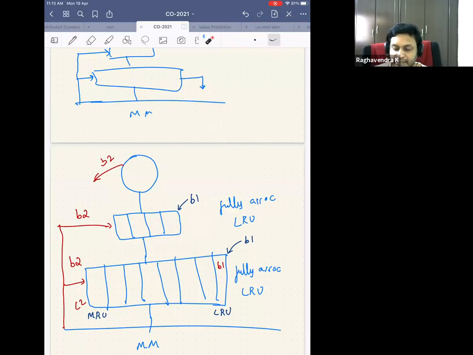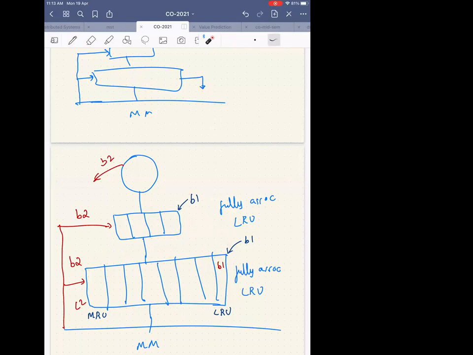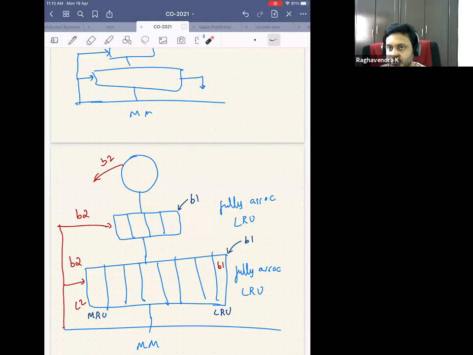Now my question is, if B1 is a candidate in the level 2 cache, is there a chance that B1 is still there in L1 cache? It should not be possible. Can this happen that the LRU for the above L1 cache is different from the LRU of the lower? No, it's the same. It's the same LRU. So the replacement policy is called LRU, least recently used policy.